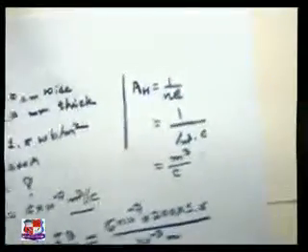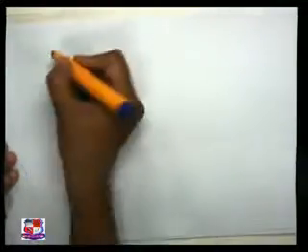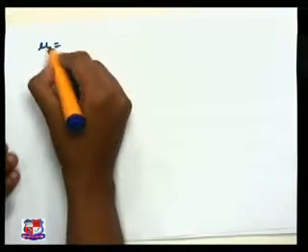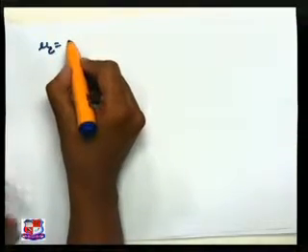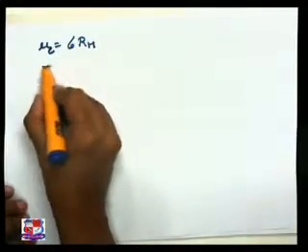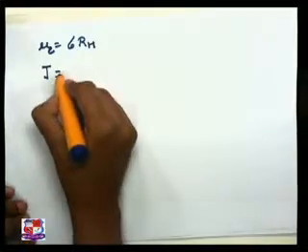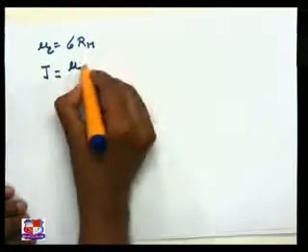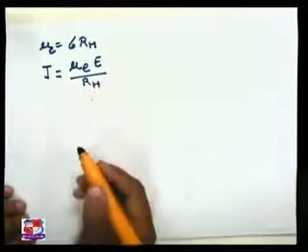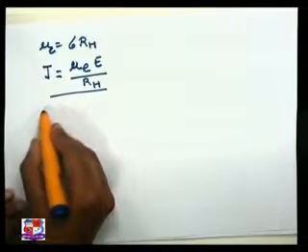Okay, right? The next example is about the current density. Actually, as I said, we can find out the mobility of the charge carrier, say electron mobility, using this RH value. But I can also find out the current density J using the same mobility value. It is mu E into E divided by RH. And using this equation we will do our next example.